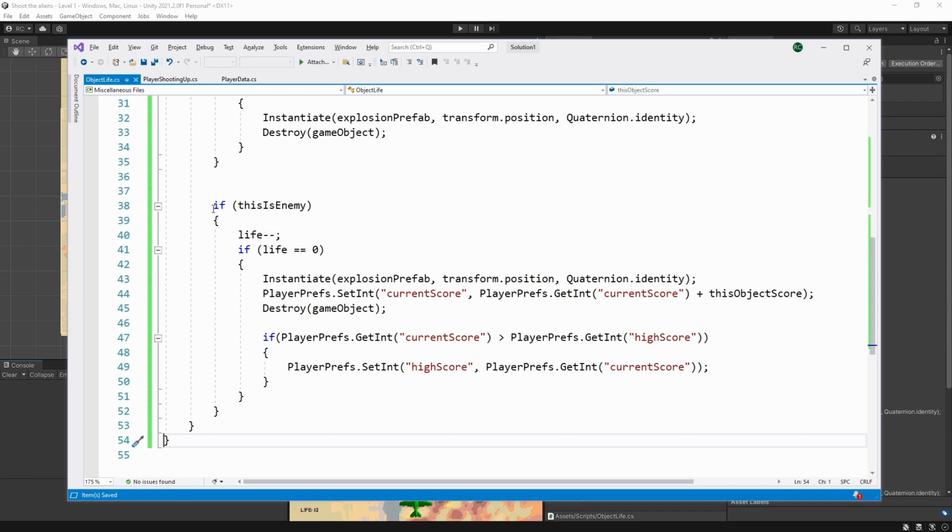So for the alien, if this is enemy, we are inside the enemy, life of the enemy goes minus minus, so life will decrease. And then we check if life is 0 to destroy the alien. If life is equal to 0, two things will happen. First, we instantiate the explosion, but then we will increase our score,